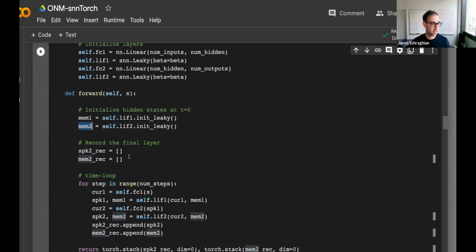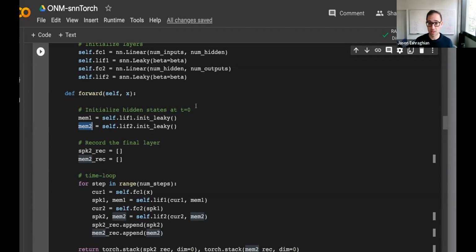Axon delays, yeah, AJ is asking, are axon delays learnable? No, we have not integrated that. There has been some talk about it in the snnTorch Discord. I haven't had time to look into it. I think there was someone that implemented a function in their own time, but it would be really nice to see that integrated into snnTorch by people that are more competent than me.